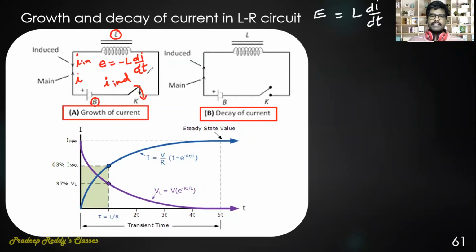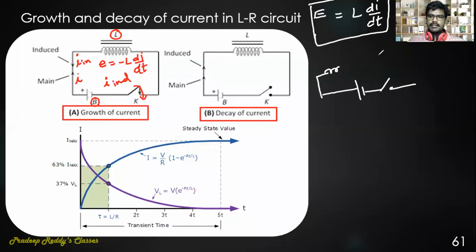If there is a resistor connected in the circuit, then in such cases what would happen? It will be dropped across the resistor also. For example, if in the circuit you are taking a battery and a tap key, there is an inductor, along with that there is a resistor. Total voltage provided will be V. There will be some voltage dropped across the inductor and some voltage dropped across the resistor. I can write V is equal to VL plus VR.